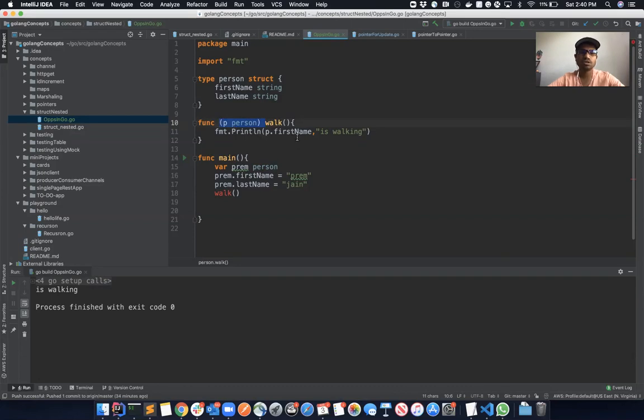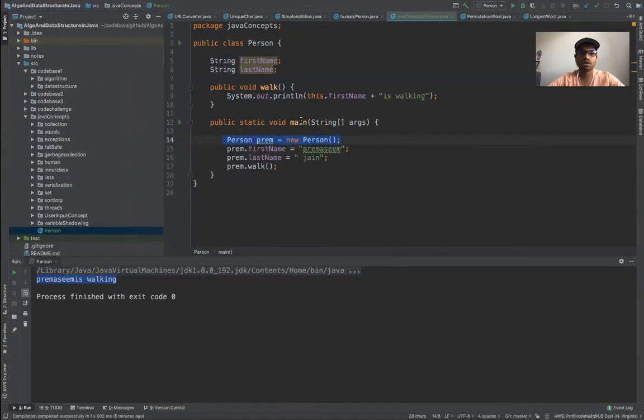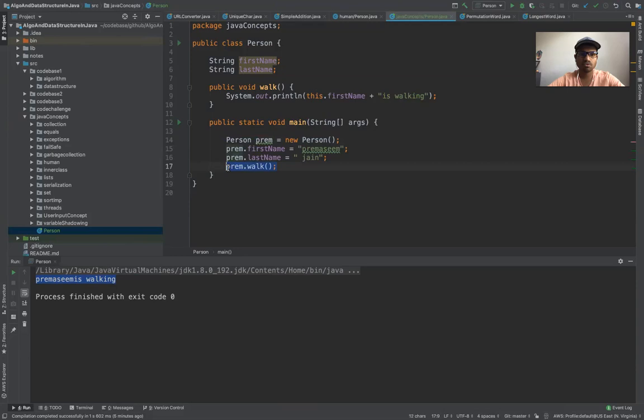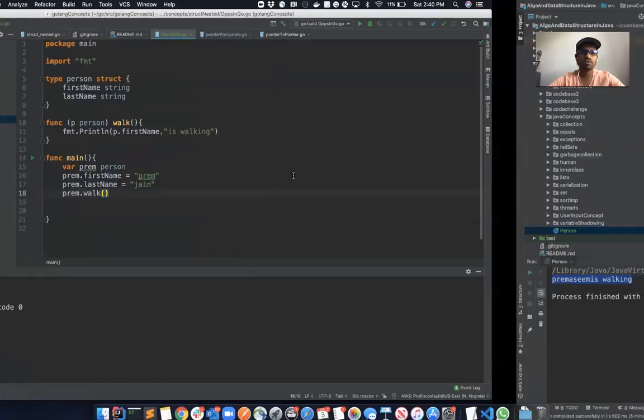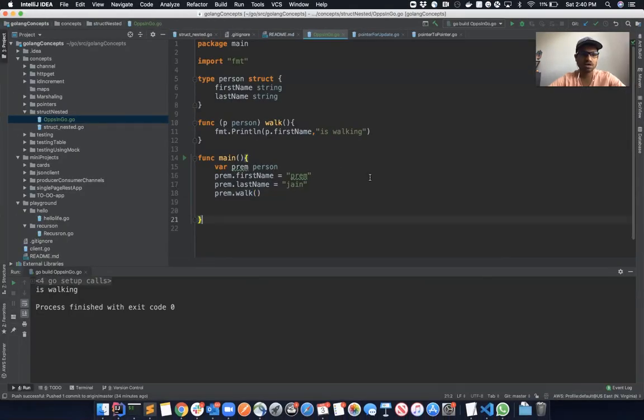So now we have the receivers, and now we can call the same way, frame dot walk. If we look at our Java code, this is like frame dot walk. Same thing we are achieving here. No big deal, right? Let's try to run this